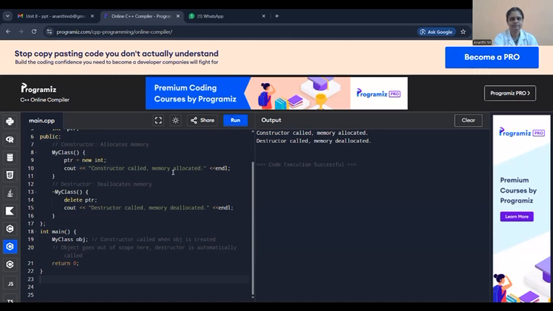First, when the object is created, the constructor is called because the object scope is live there. Once the object scope ends, the destructor is automatically called and that statement gets executed. Likewise, the constructor and destructor concepts are used in the C++ language.